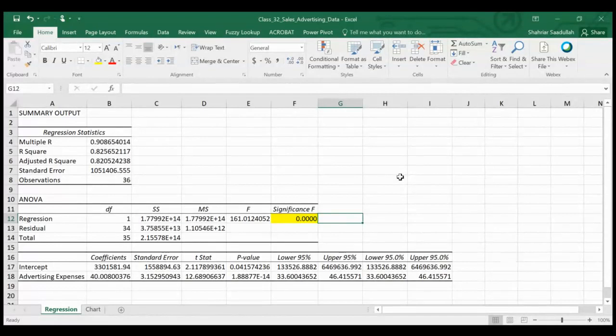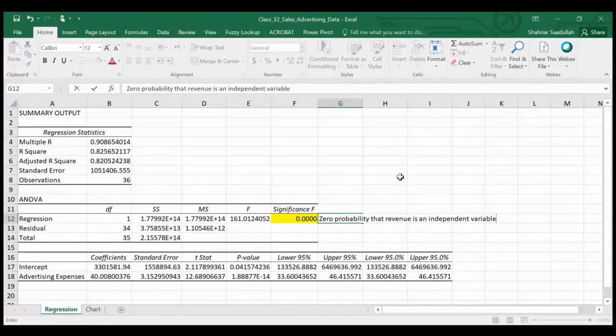You can type here: 0 probability that revenue is an independent variable. In other words, you can explain revenue with another variable. Okay, our next